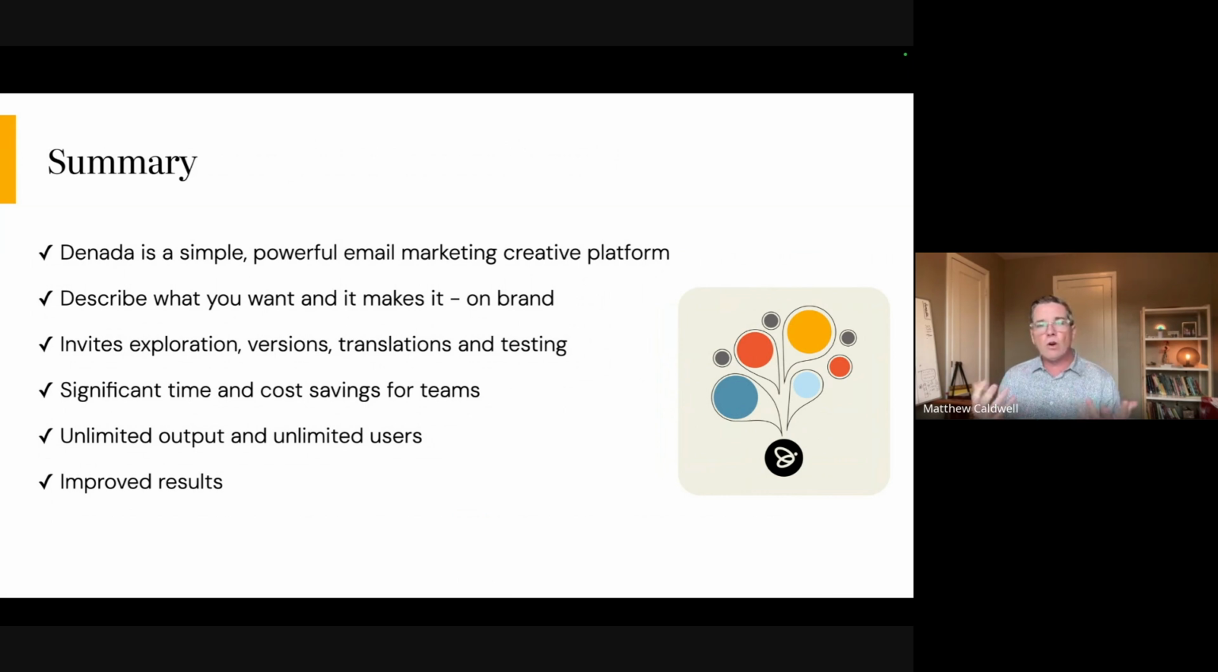But again, overall, we hope you find Denada to be a simple but powerful platform. You can just describe what you want to the system and it will make it on brand in your template, trained on your pictures and words. It's a great tool for exploration and versions, and it has serious time savings and the associated cost savings as well. And lastly, we're not restricting any output or users, so you can invite as many people to it, whether